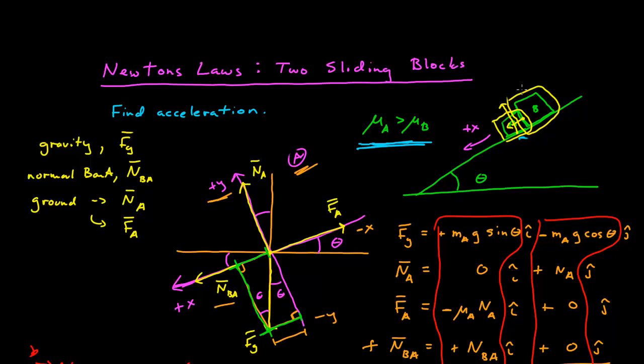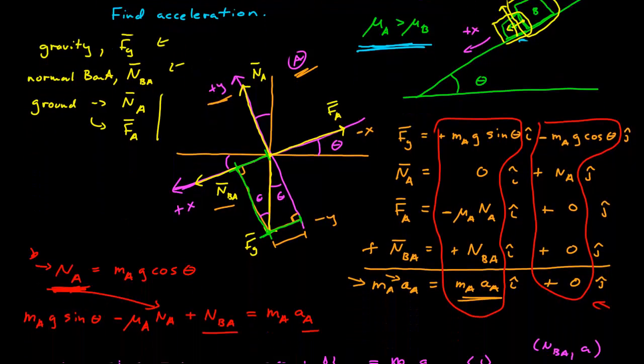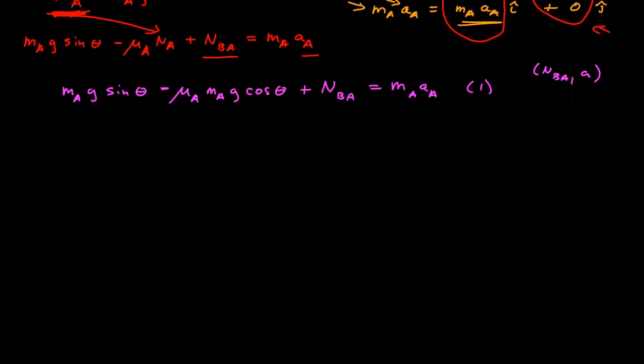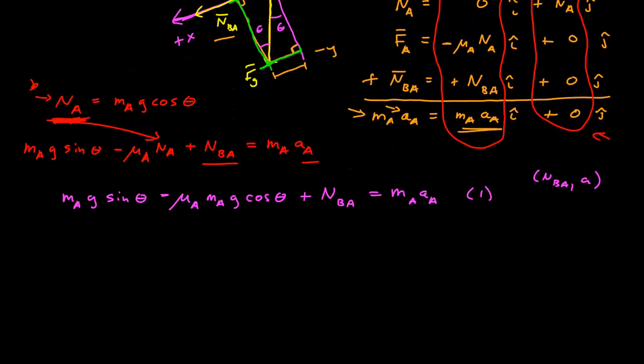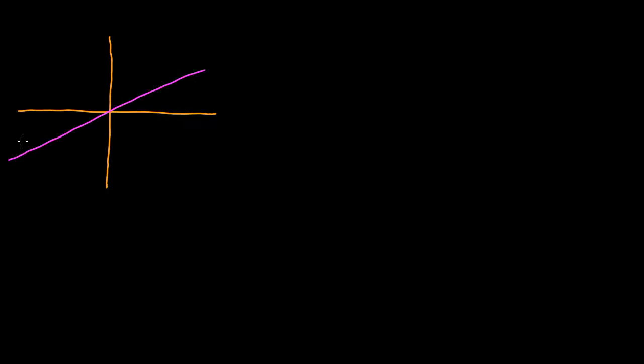And I'm going to essentially have the same set of forces, only on mass B instead of mass A. I'm going to have the force due to gravity, a normal force of A on B, and then the contact force from the ground on B. All right, so let me get this set up here. And my color scheme, what did I use? Orange and purple. So I'm going to go straight to my really big free body diagram,